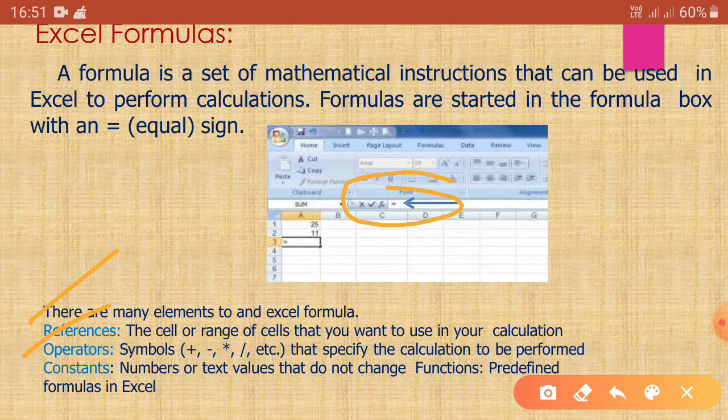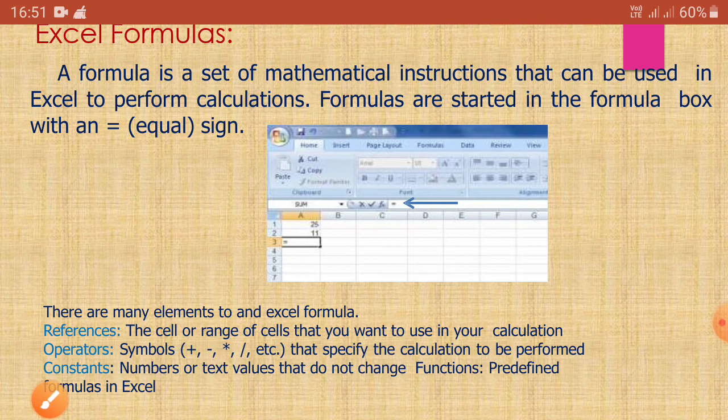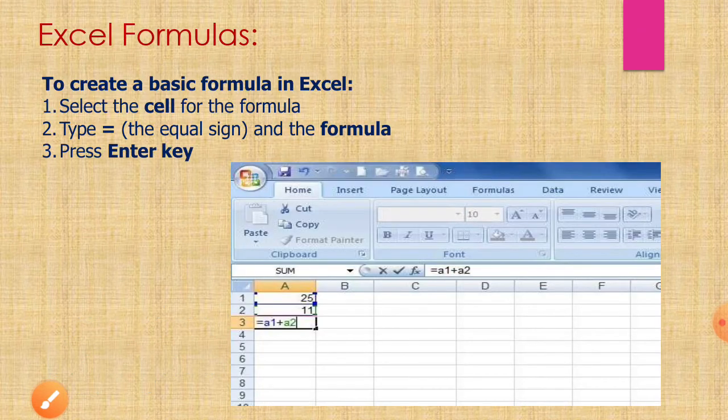Constants means numbers or text values that do not change. And then functions, which are predefined formulas in Excel. So all these are the basic terms in an Excel formula. Go to the next slide.